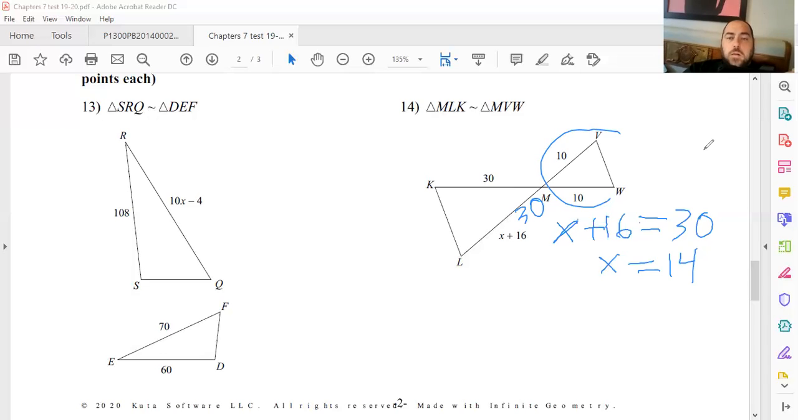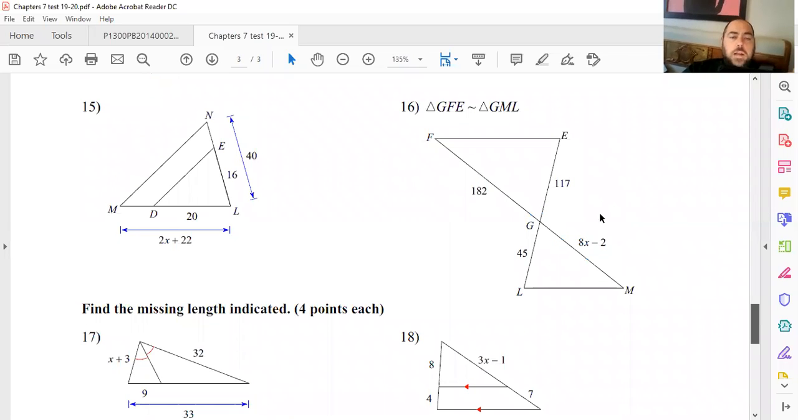Okay, so we're going to clear this. We're going to exit annotation so we can scroll down to the next set of problems. And there we go. Okay. So for 15,